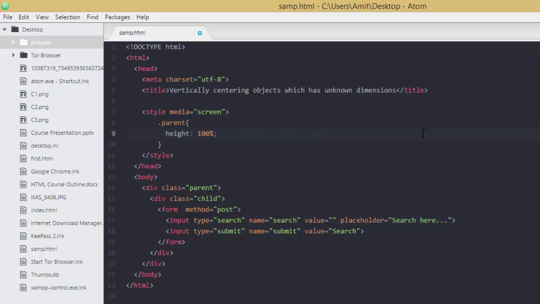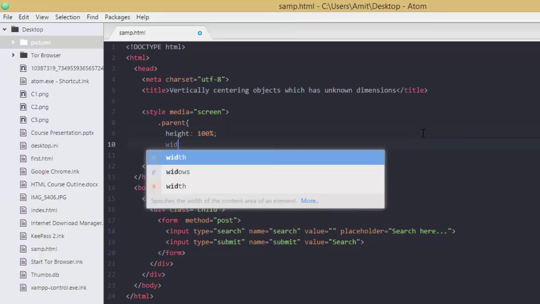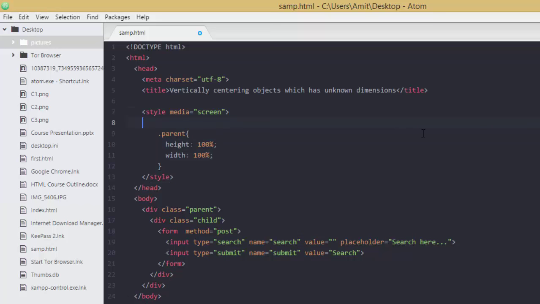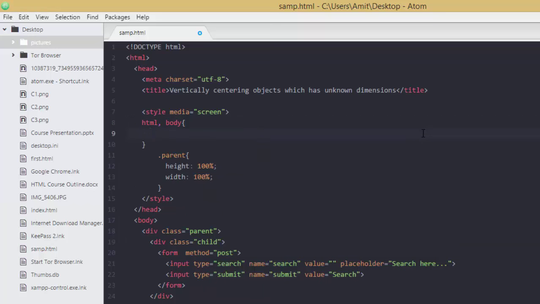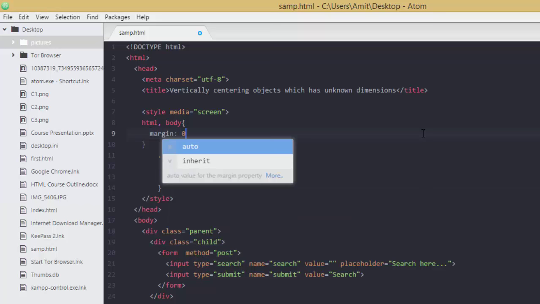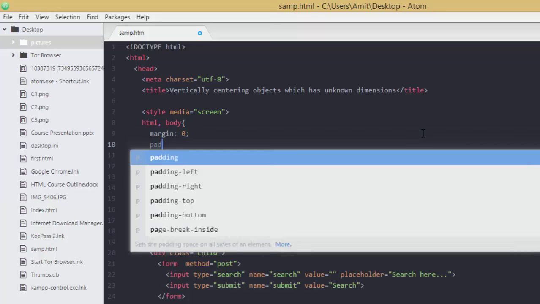Okay, and let's apply it a width of 100% too, and after that let's select our HTML element and body element and clear their margin to 0 and padding to 0.